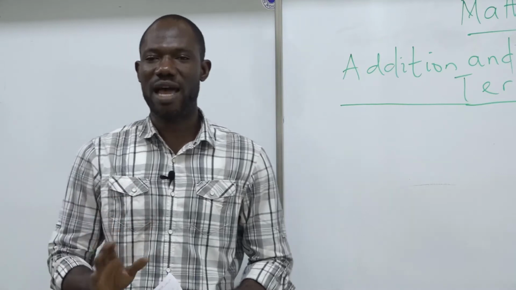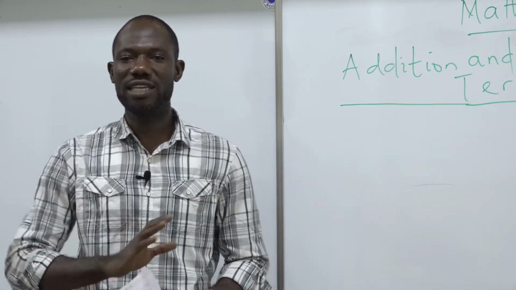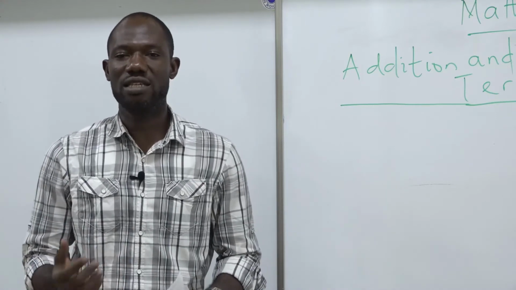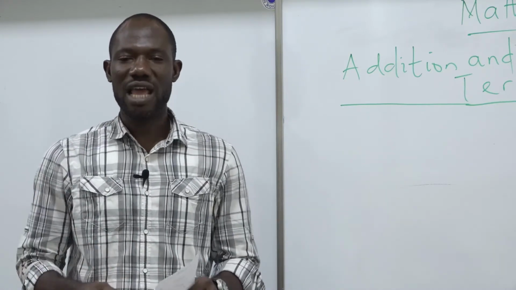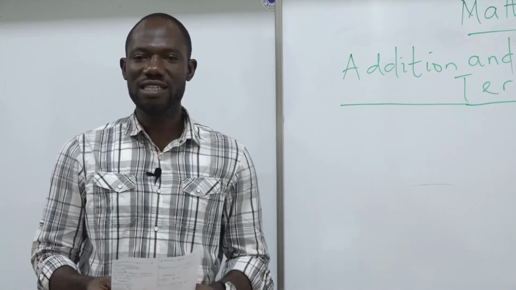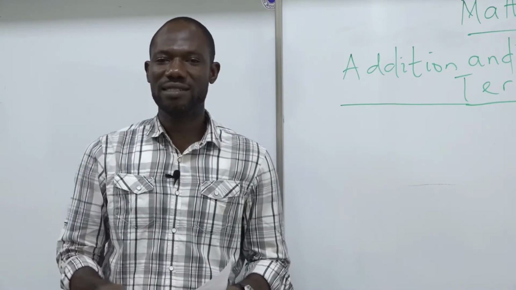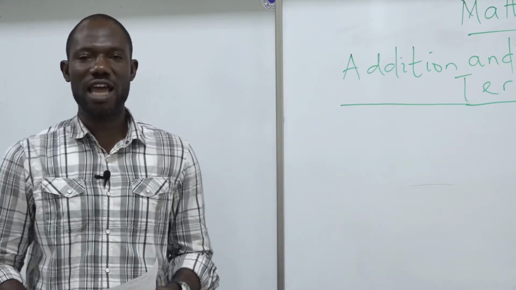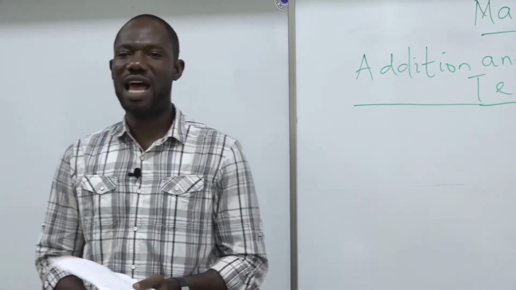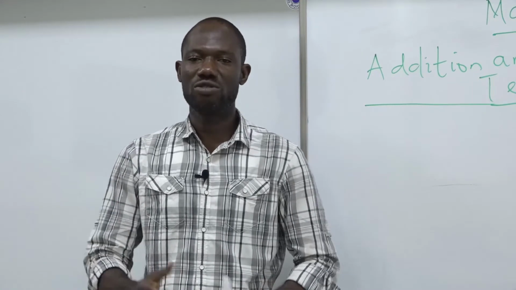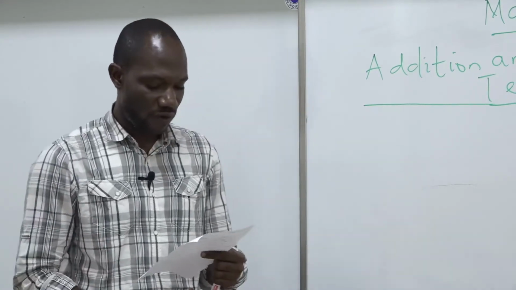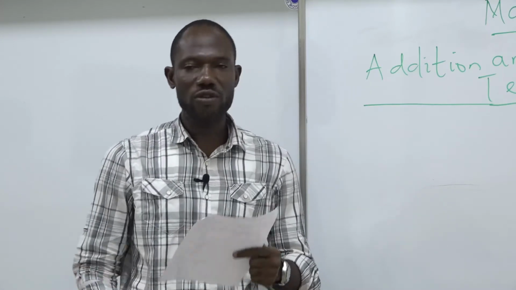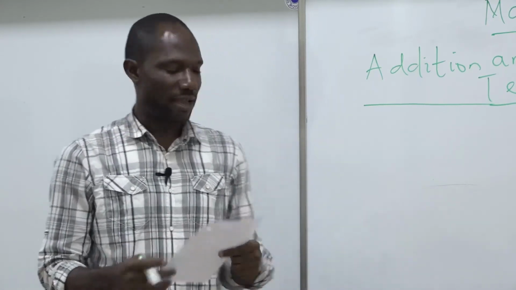It's represented by letters, say x, say t, say n, say w, as the case may be. But the known terms are actually the numbers that go with the unknown terms. And most times, these known terms are multiplied by the unknown terms. So as we move on, we'll get to see what we are talking about. So for now, let's consider a term,